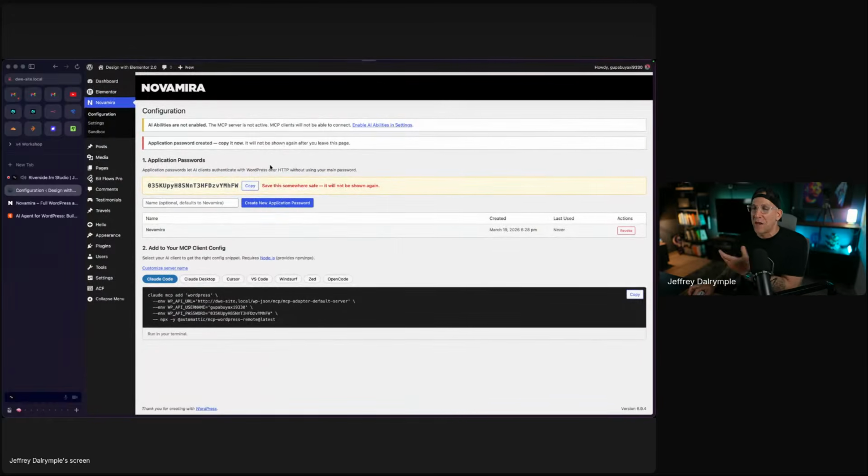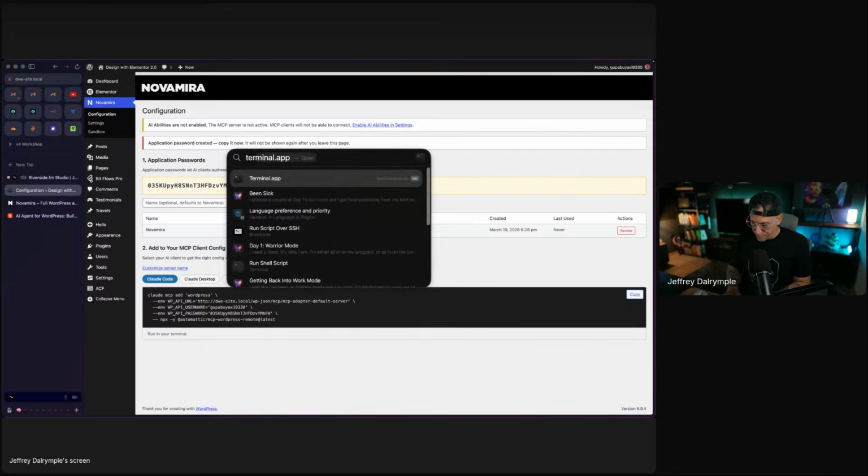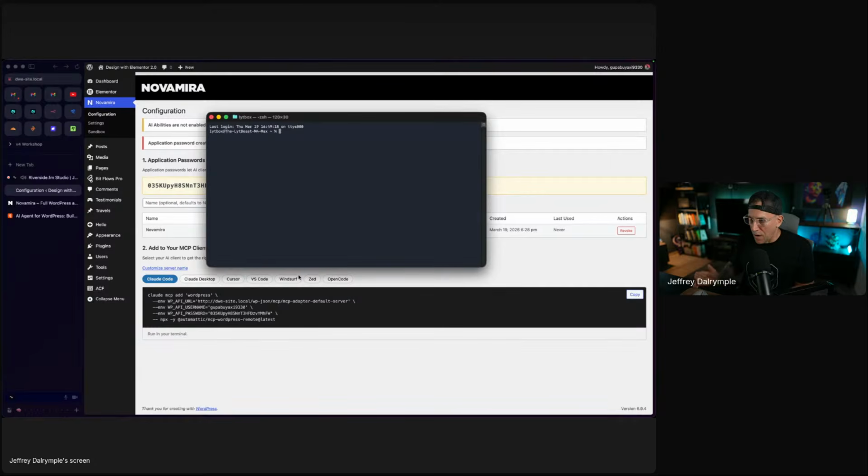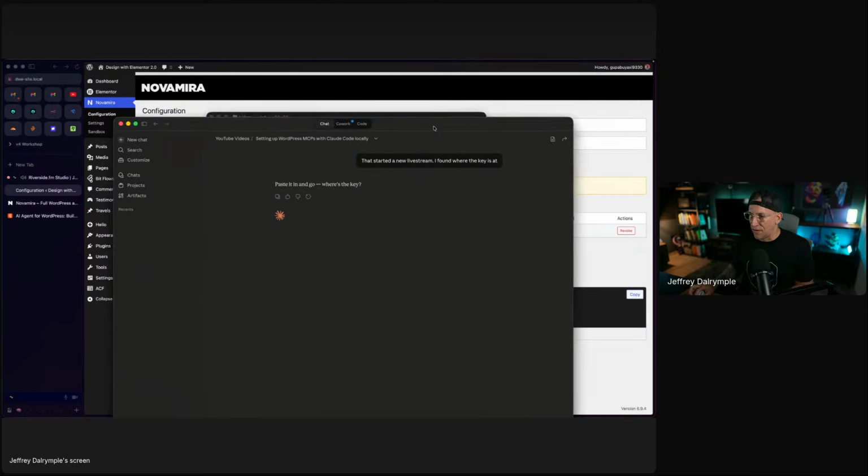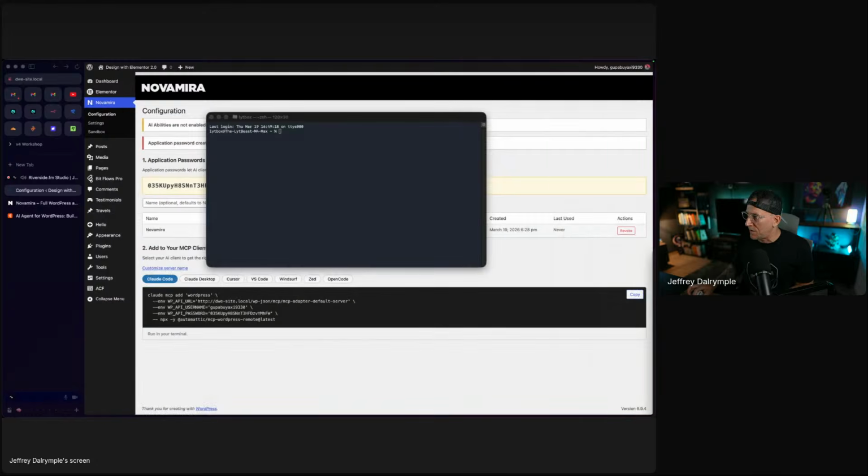But basically, we've got to create a new application record, and then we've got to add the MCP. I'm going to be using Terminal, and that's where I'm doing my Claude Code. I think using Claude with the code work is a lot easier. I'm just trying to force myself to use Terminal because right now I'm trying to learn it and understand it.